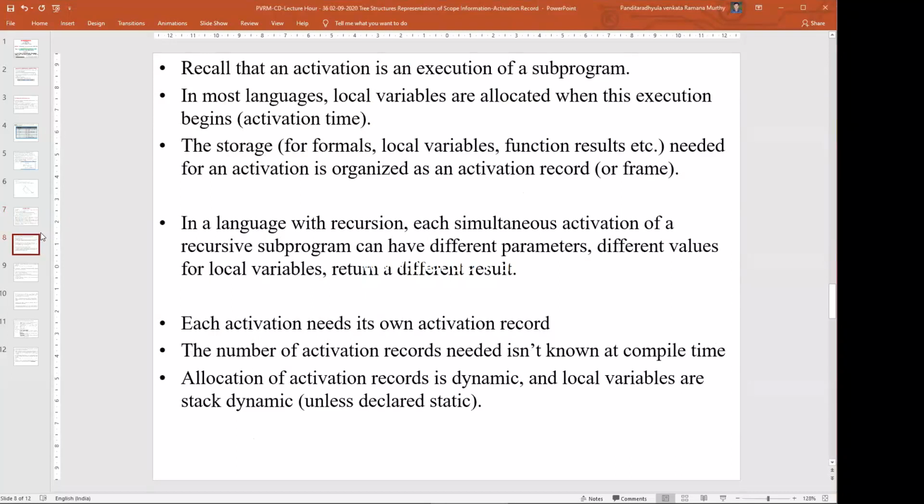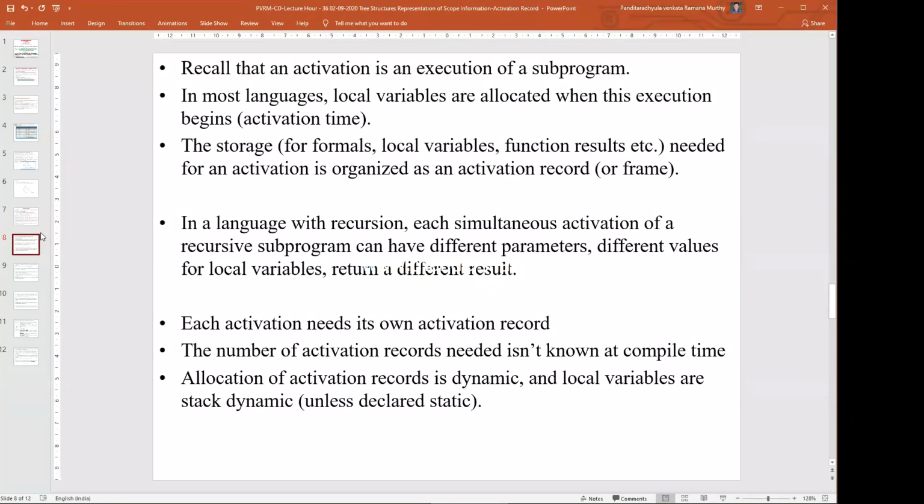Activation is nothing but the execution of a subprogram. In most languages, local variables are allocated when this execution begins; we call it the activation time. Whenever we start executing a subprogram, local variables are automatically allocated, and we also identify the storage for formals, local variables and function results.